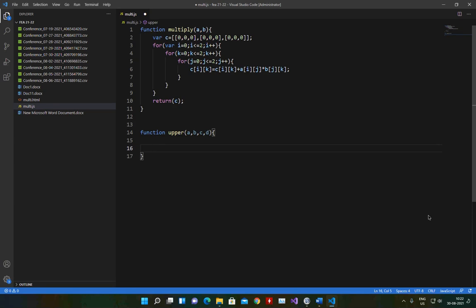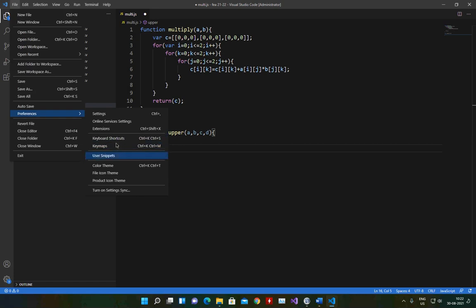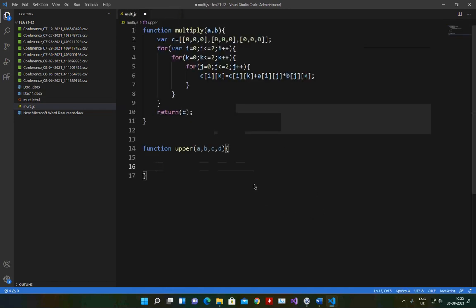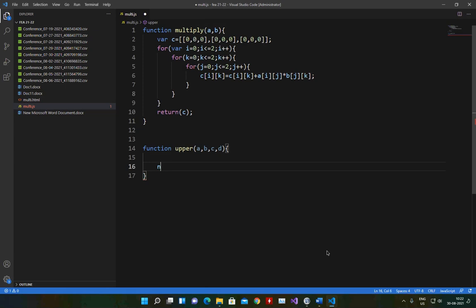Then, so I have to provide the loop. So first I need to get the N. So I put var N is equal to B dot length.